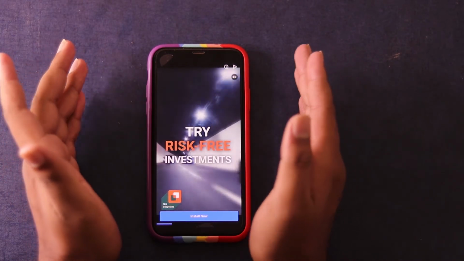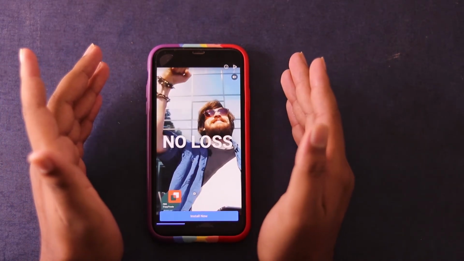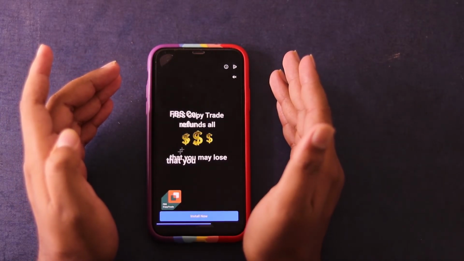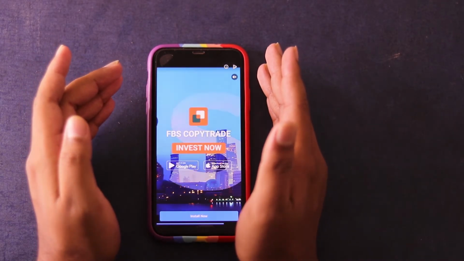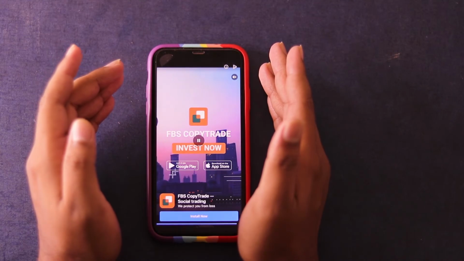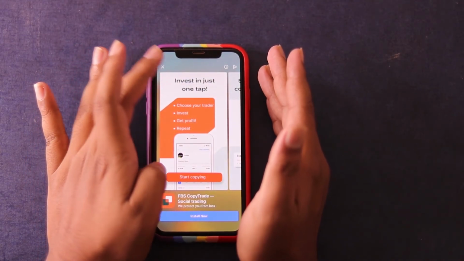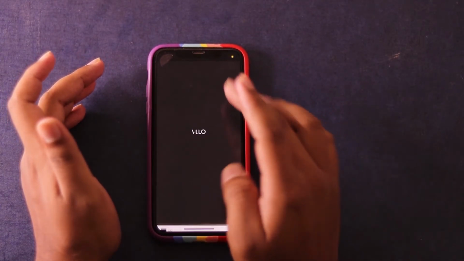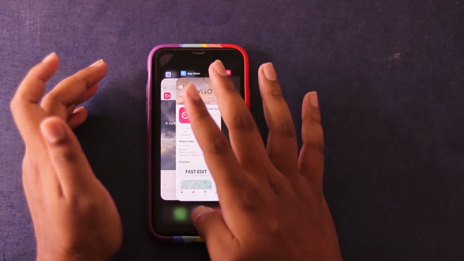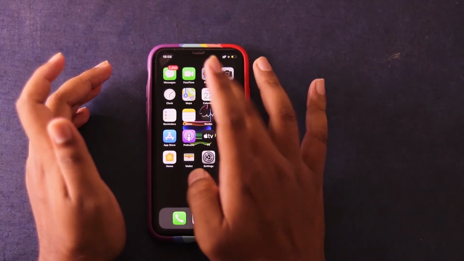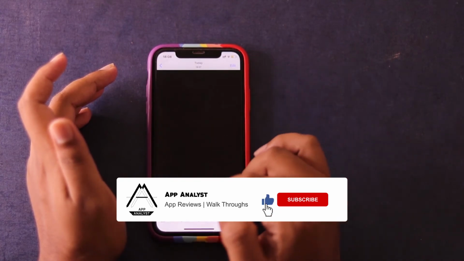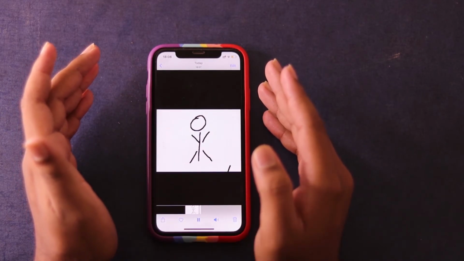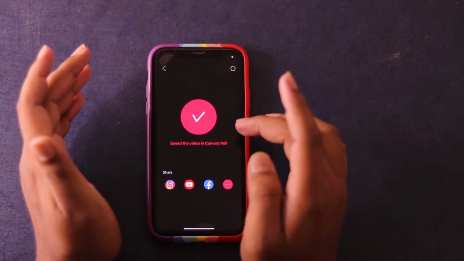So being a free app, it has some advertisements running, so you need to bear with this, or else you can also go for a paid subscription. So let me just tell you the costing for the paid subscription after this advertisement. Let's just close it, and the video is done. So I can share the video to anyone, or else I can just go and check it in my gallery. Just open my gallery, and here's the video. So this is how you render a video.